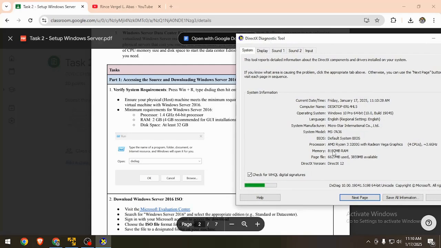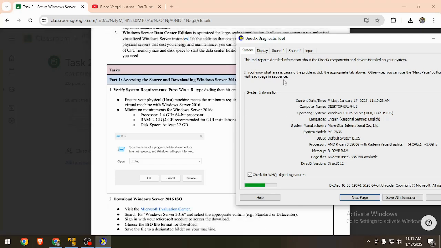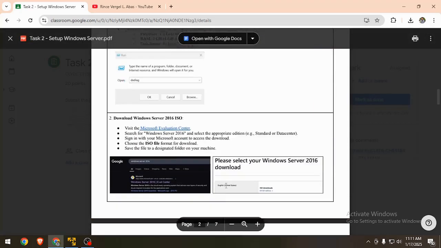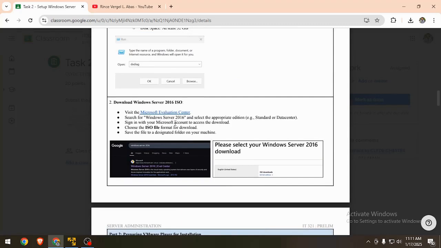We have 8 gigabytes of RAM, 4 cores of a CPU with 3.6 gigahertz of power, and more than 500 gigabytes of free space for our virtual machine.